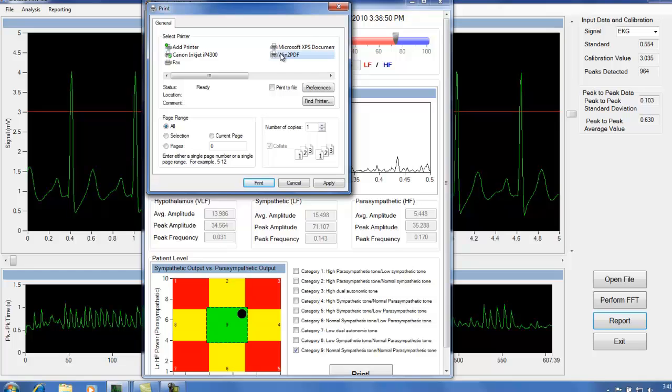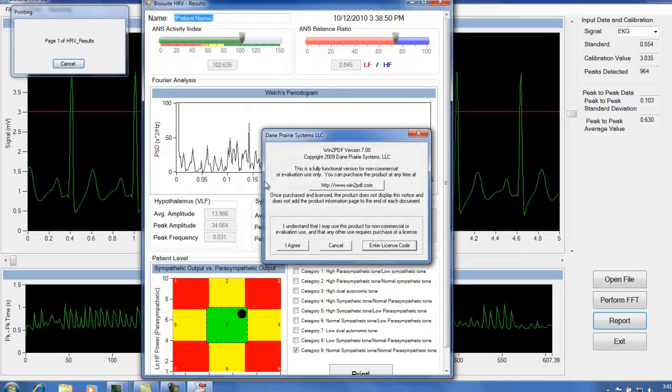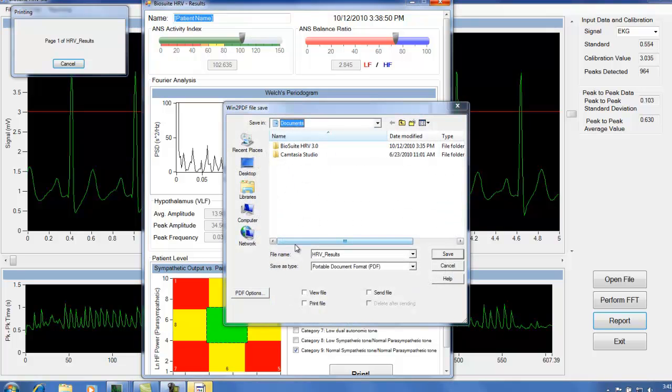So all we have to do in order to do that is select the Win2PDF function, select apply, and then select print. And then it asks us if we want to agree with the software license, and we do. And then that brings us up here to the